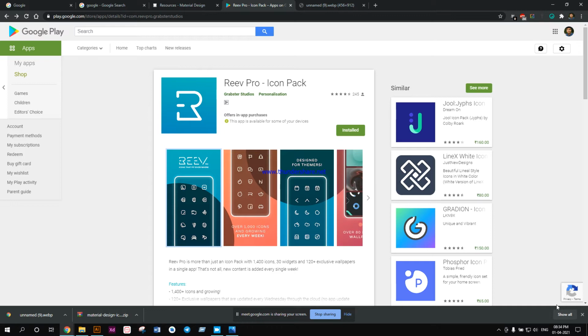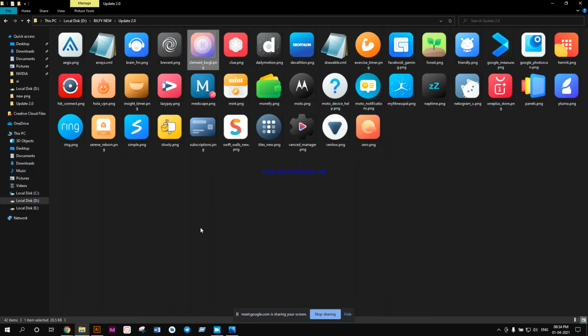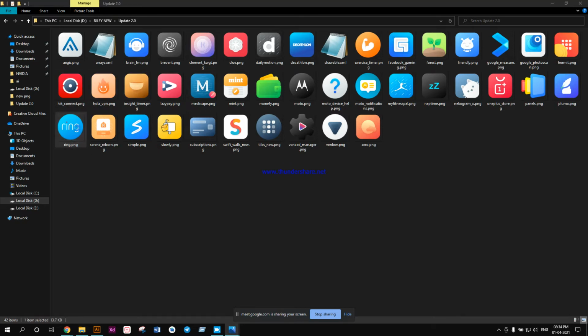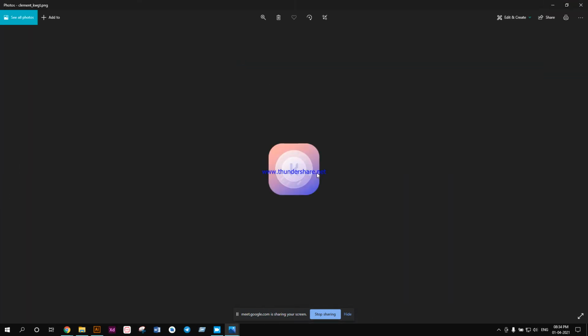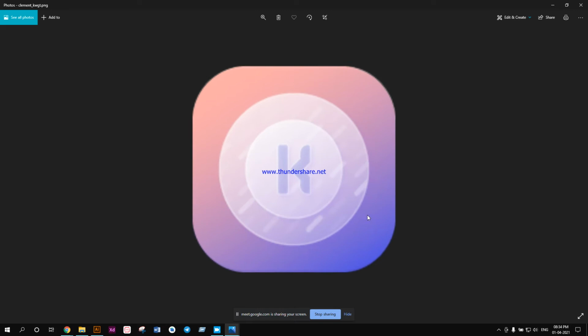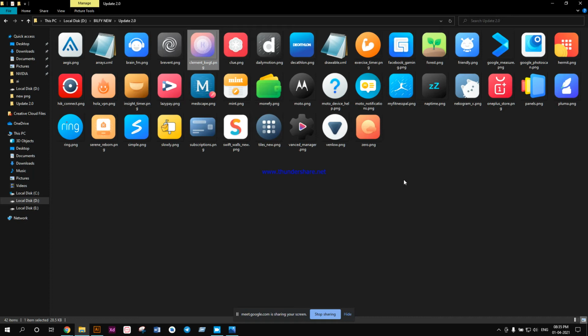What is the Bilfi theme? As I said earlier, I make my icons like this. All of these icons are for my Bilfi update. And what happens over here is that I have a gradient background. Suppose I open this Clement one. I have a gradient background, and there I have the foreground and the other elements, and all the other elements are separated or given a depth with the drop shadow properties. That's all. I may make some other modifications as well, but I try to keep the actual design intact.